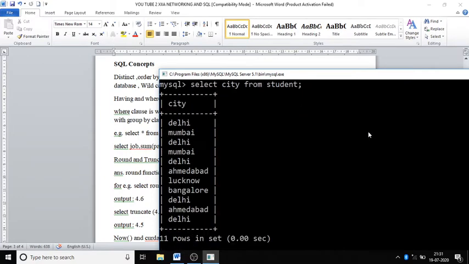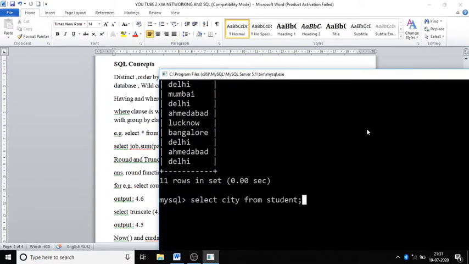You can see there is a repetition. But if I use the keyword distinct, repetition will be removed.